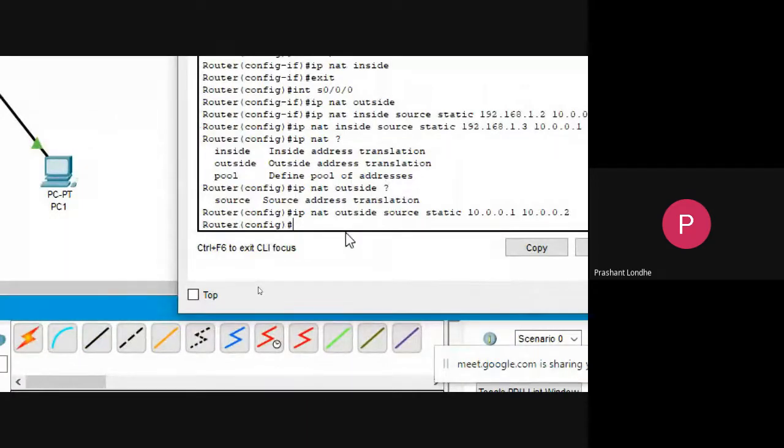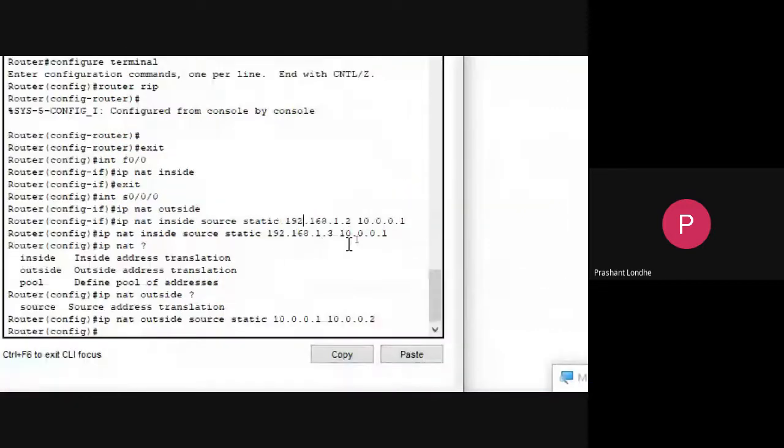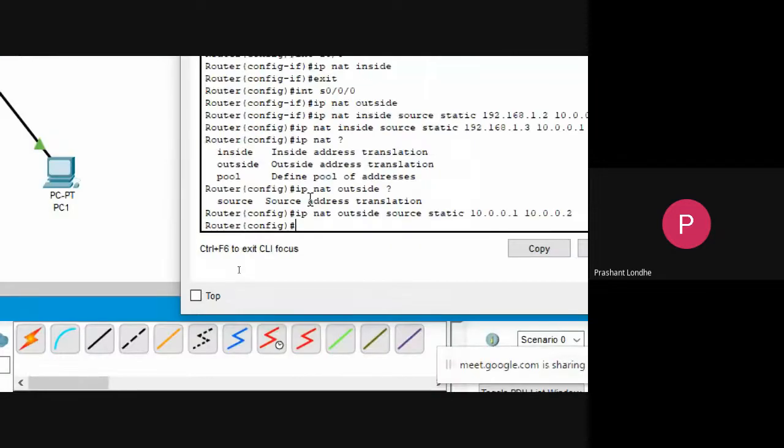Okay. Similar thing that I have to do for the next router. So here I am creating the traffic from the one machine to the port of the first router, creating the traffic from the second machine to the port of that particular first router, and also creating the traffic from the outside port, which is connected, and this is the port of the second router. So basically I have completed my NAT configuration for router 1.